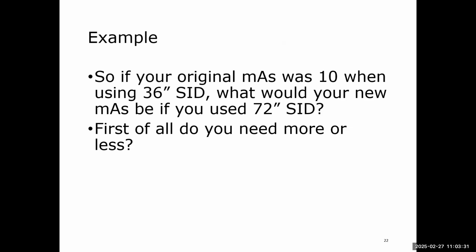Because what is the distance doing? Doubling. So if the distance is doubling, how much more mass do I need? Four times. Because it's to the square of the distance. 2 squared is 4. So I would need 4 times as much mass at 72 inches that I needed at 36. So I would need 40